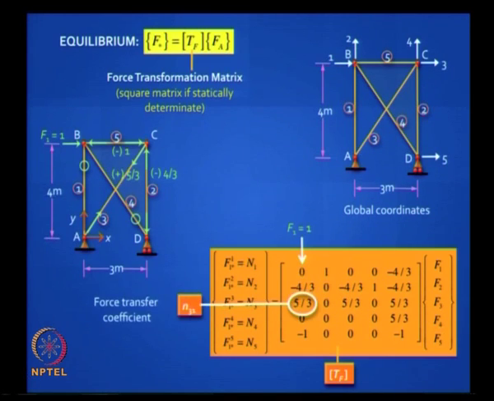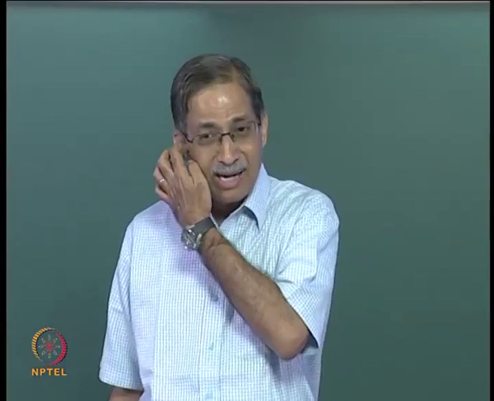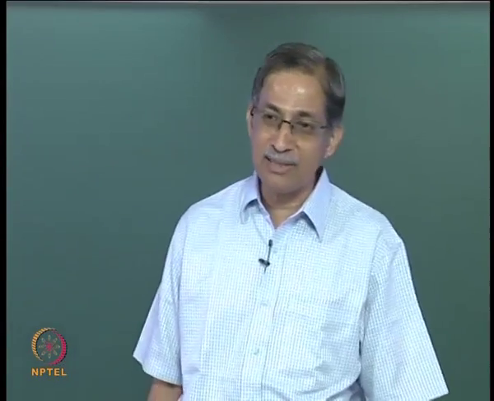Good. Now let's take any element in that. That element we used to call N31. Remember small n for unit loads? N31 refers to the force in bar number 3 caused by F1 equal to 1. Remember we've used this notation earlier. It is called the force transfer coefficient. Why is it called a transfer coefficient?